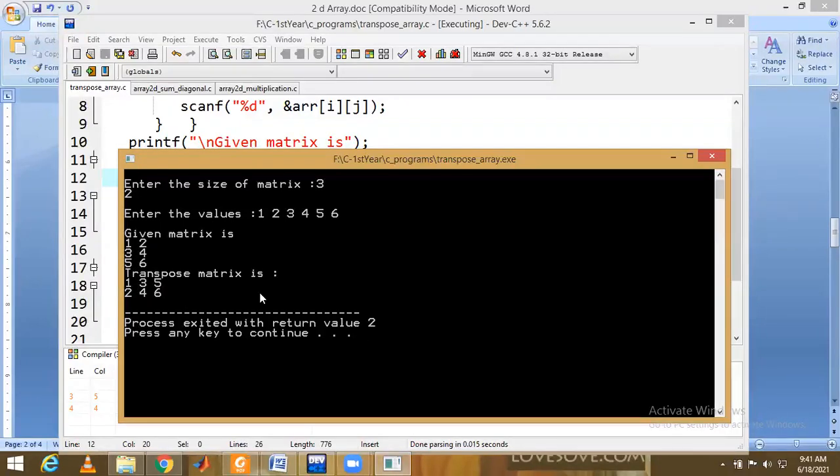Anybody has any doubt regarding this transpose? Another logic is we can swap each and every element, but that logic has some restriction also. Can anybody tell me what the restriction will be if I use swap logic? Here I am actually interchanging the indexes, right? ji and ij are interchanged immediately. If I use that swap logic, can you think how it will be done and what the restriction will be? Using swap logic also, can we use a rectangular matrix or will it be applied only on a square matrix?